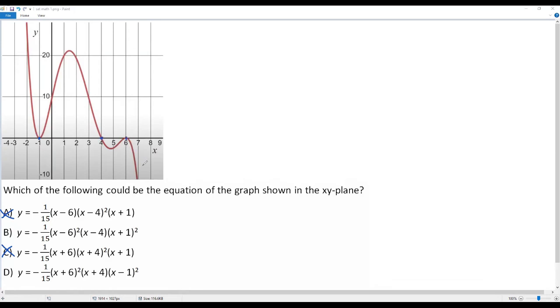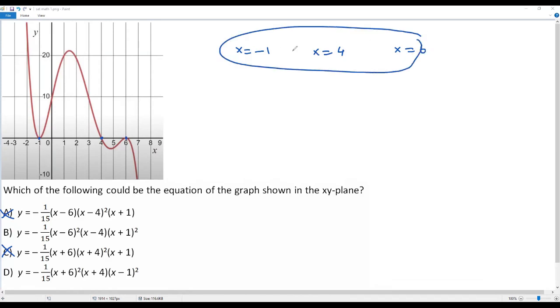And the third one is at x equals 6. So there are three x-intercepts. The x-intercepts are x equals -1, x equals 4, and x equals 6. Now to get the factors corresponding to these three x-intercepts, what we have to do is make